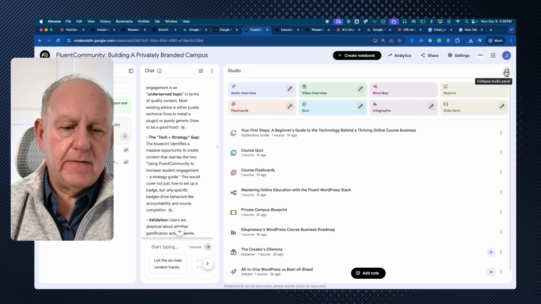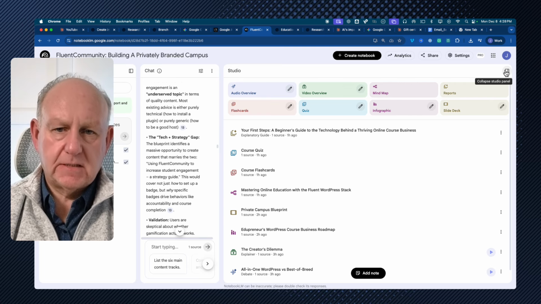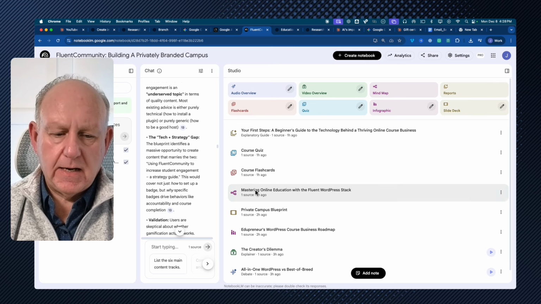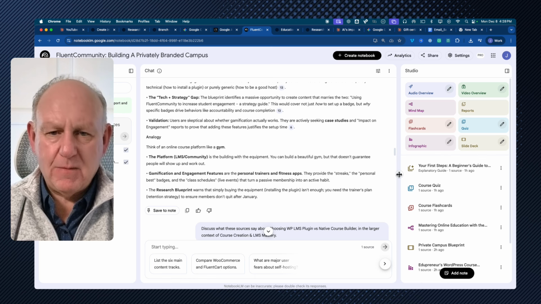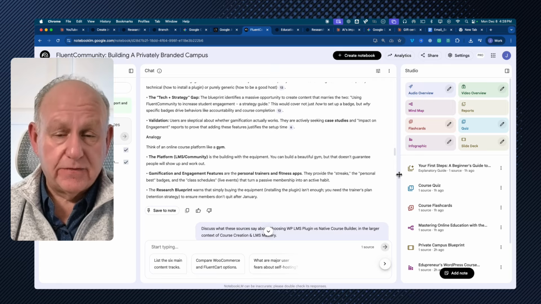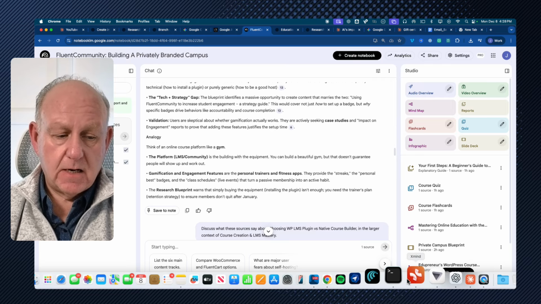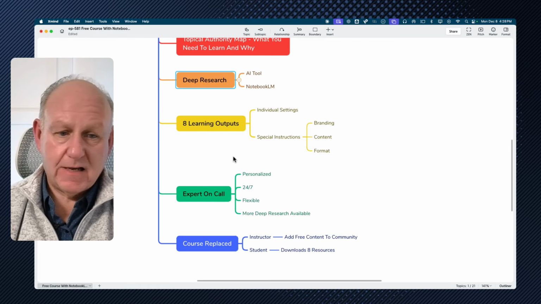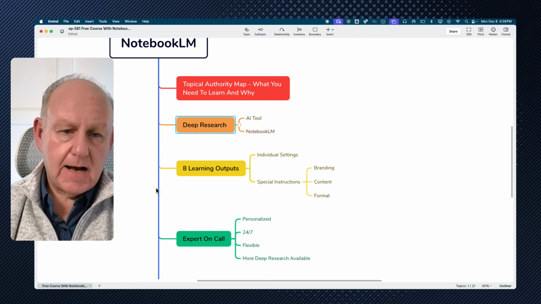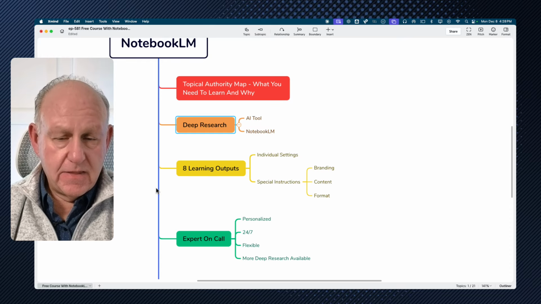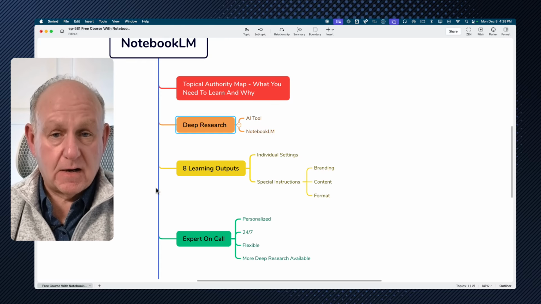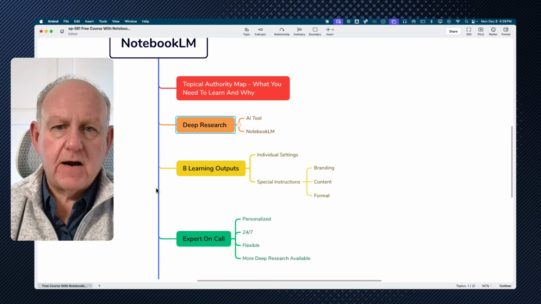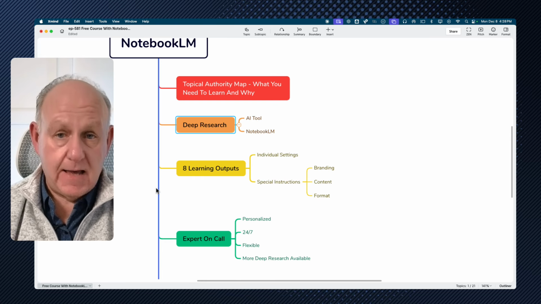Now this is the one that I kind of get most excited by, and this particular one is the mind map. Now you're probably going, James, I get mind maps, I have a mind map, and in fact I do. If you remember at the start of this, I started off with my mind map, which I was talking about the talking points, right? I use this map for talking points. The mind map that gets created in this course replacement, if you want to call it that, or my learning environment that I can create in about an hour on any topic in my topical authority map,